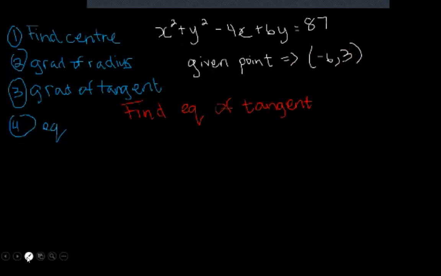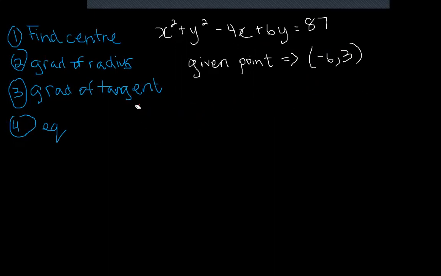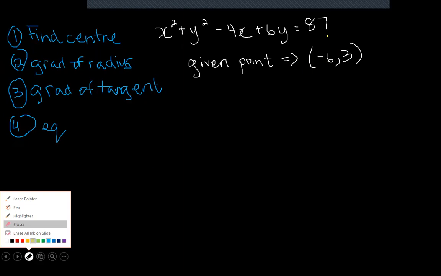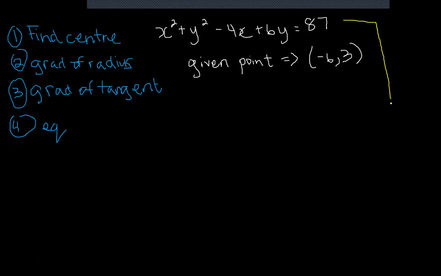What you need to notice is that this is in the general form. Don't worry, for the people who weren't here, it's all in Google Classroom. So recall the general form of the equation of a circle is x squared plus y squared plus 2hx